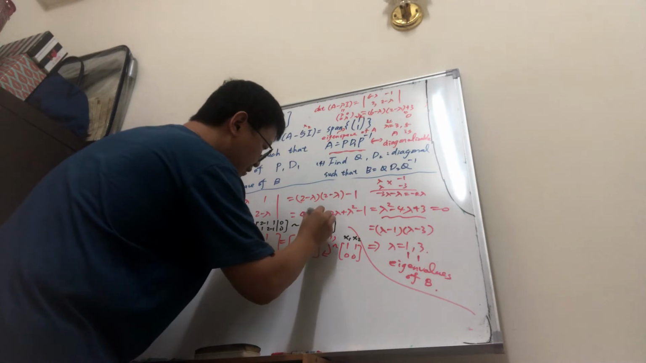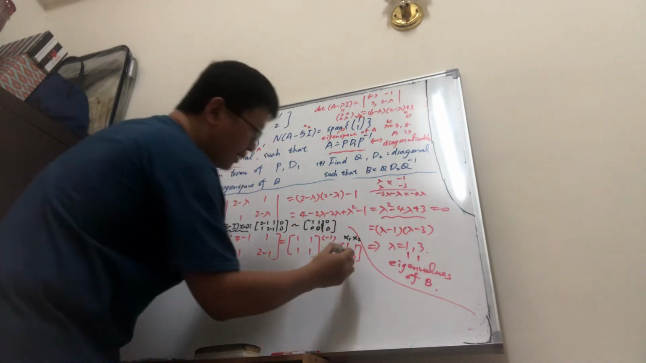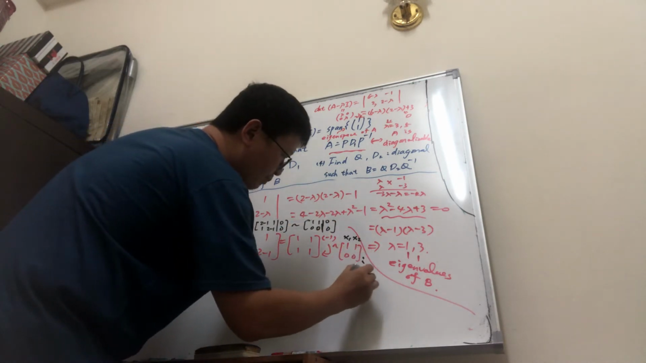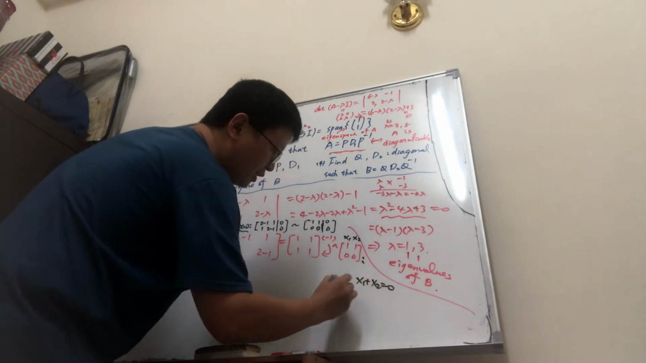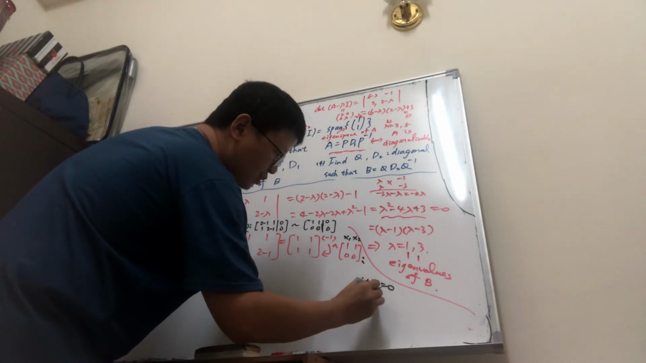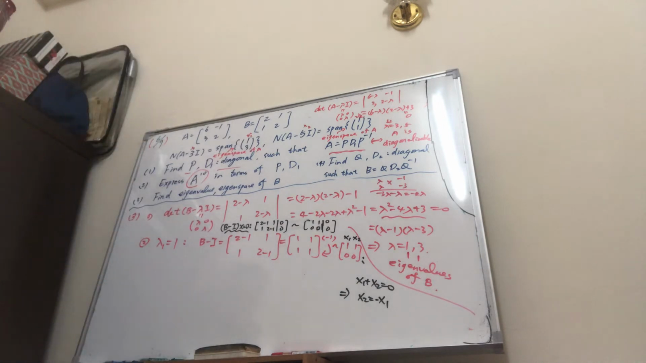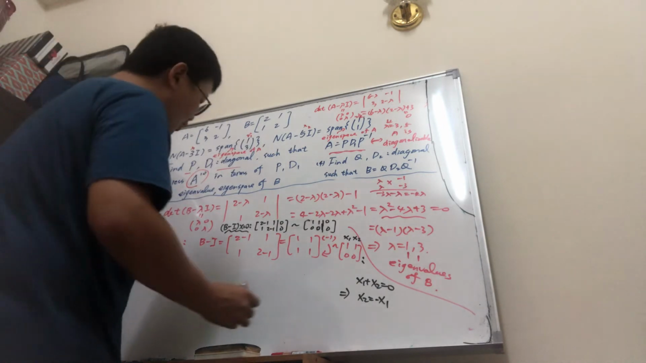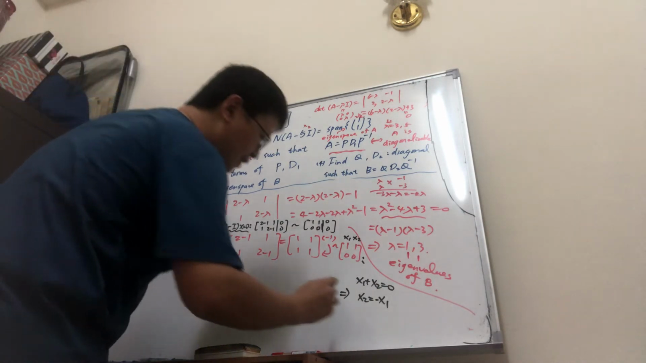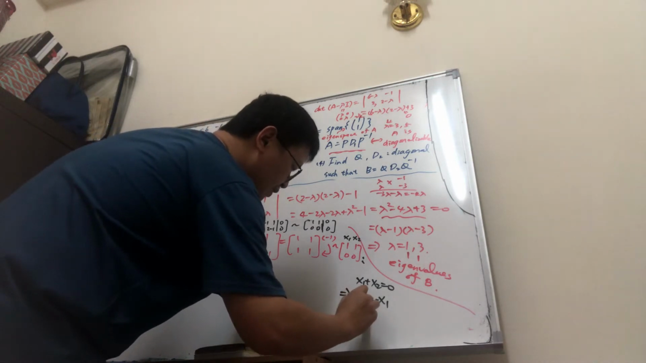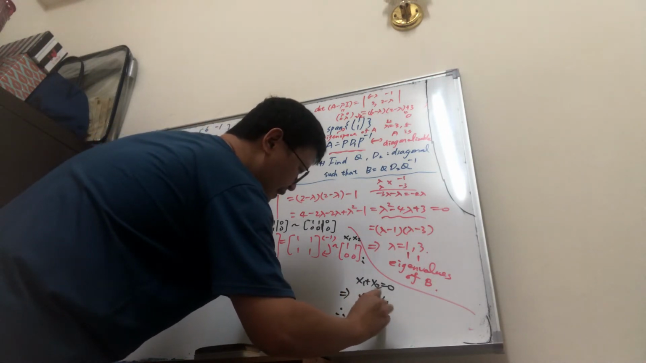But for the right hand side, we just skip this one. Anyway, so it means that x1 plus x2 equals 0, so x2 equals negative x1. So what's the eigenspace of B corresponding to the eigenvalue lambda 1? So the null space of B subtract I is the